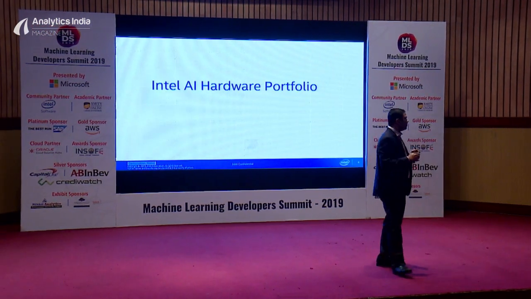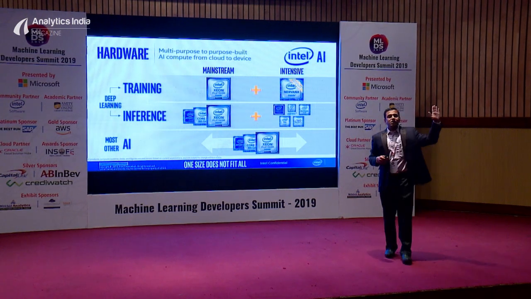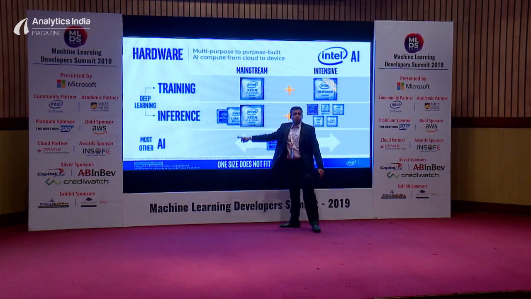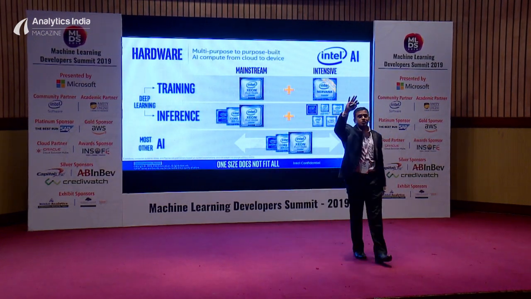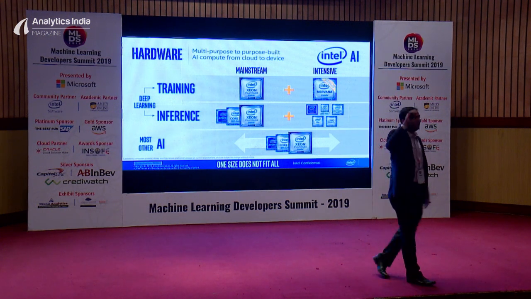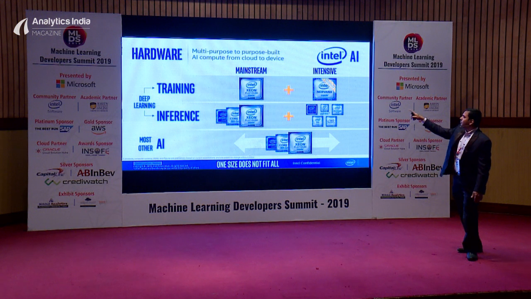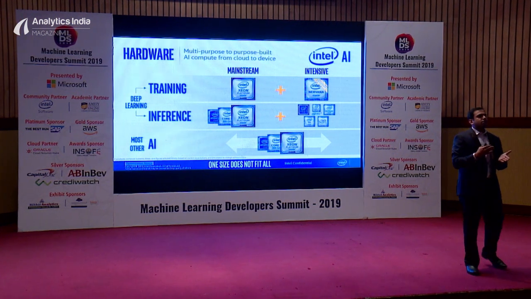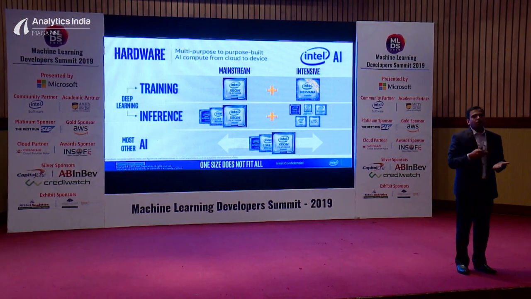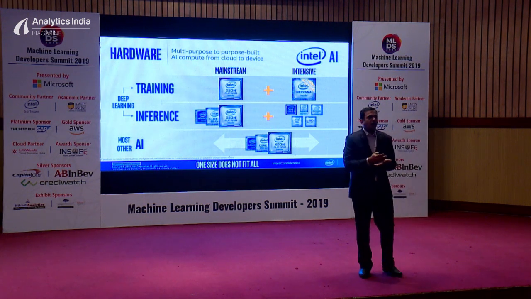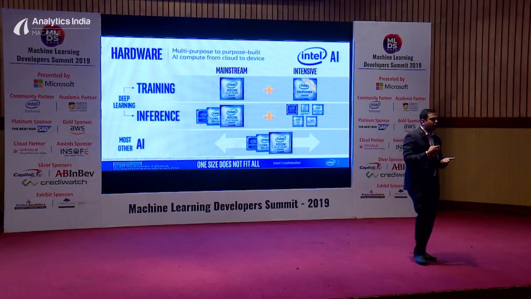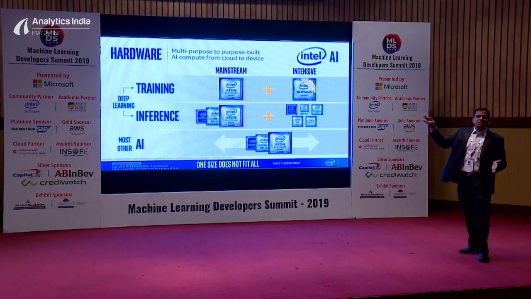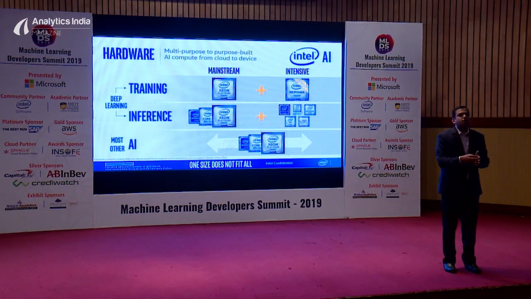So now, when it comes to the hardware, I'm sure a lot of these CPUs that you see here, the Xeons, the Core, and Atom, are nothing new to you, right? Anyone who's not aware, we probably need to have a separate session. Okay, so let me divide this into training and inference. If you look at training, even though today training happens a lot on GPUs, all of you know that the GPU is sitting on a Xeon, and we'll also talk about how helpful a GPU is going to be when it comes to artificial intelligence training, right? So Xeon is something that's already existing. You can just straight away take that and use it for training.